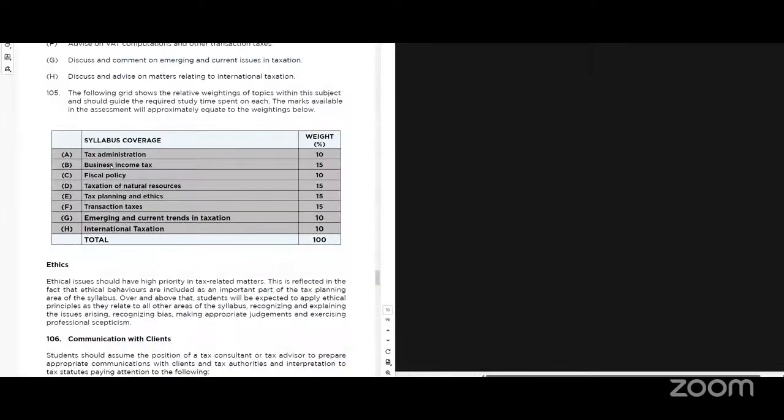So look at this. Tax administration, I told you, is theory, 10 marks. Fiscal policy is theory, 10 marks. Emerging and current issues, 10 marks. International tax, 10 marks. These 40 marks that you see, please, are you following? It's theory. Just discipline yourself. Tell yourself that within the first week, or the last week, I am going to master those areas. Because if it is theory, it means that if you focus and learn them very well, there's a chance that these 40 marks will be there for you. Are you following?